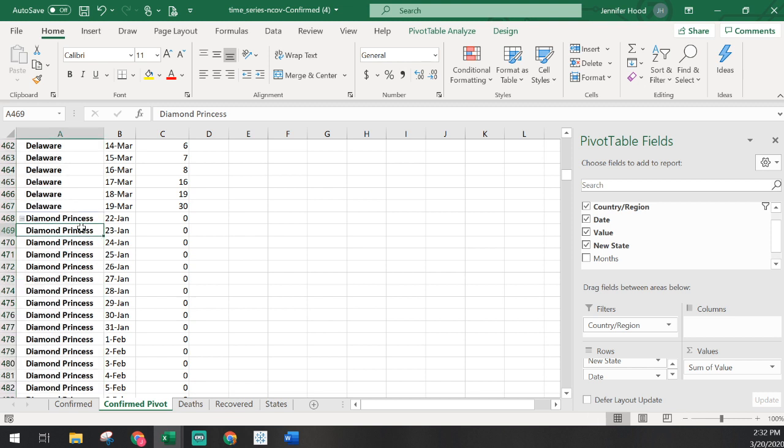We have Diamond Princess. I believe there are two cruise ships specified in here. They don't have a location, but they are tied to the country US. When these cases started popping up on the cruise ships, they were assigning them to the country of citizenship or permanent residency, but location-wise, they were listing them as the cruise ship. So there are a few in here like this.